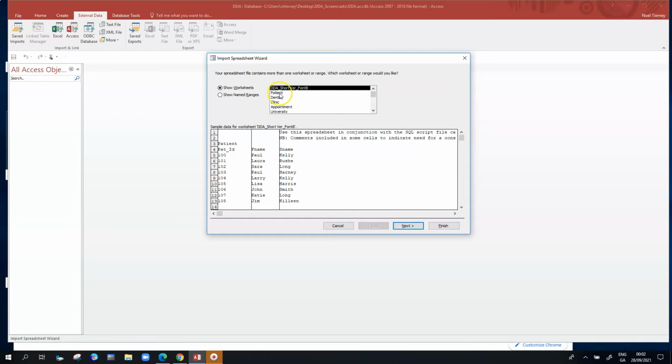So just for convenience, I'm going to take the tables in as they are laid out here in the list: patient, dentist, clinic, and appointment. This first sheet, DDA short version, is the sheet that contains all of the data from all of the tables. So this is very cluttered,